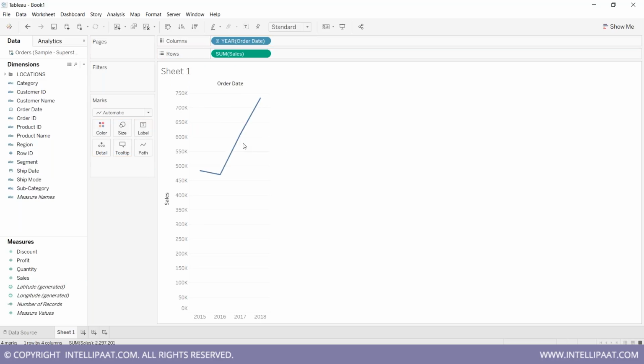So just now we discussed measure names and values. When we have a date dimension in one of our columns or rows and one measure, the line chart is the automatic mark type, right? So we just went through two dimensions, two measures, one dimension, one measure, and one date dimension and one measure. These are the automatic types, and you can very well change the path for a line chart